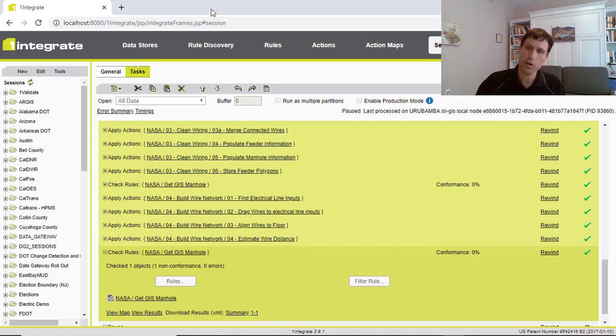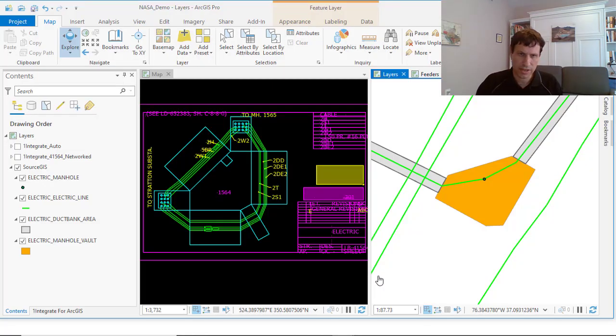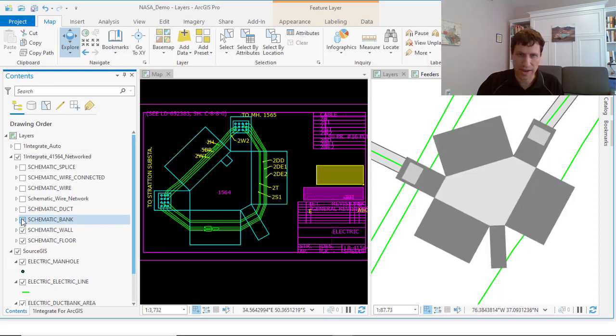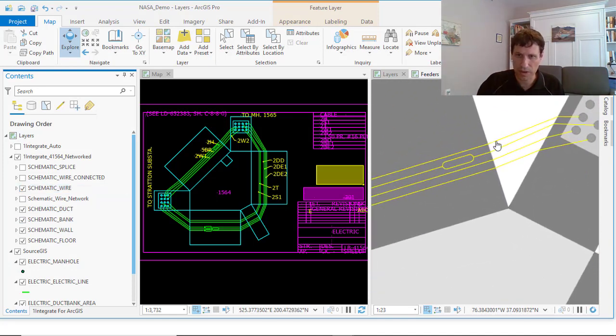So let's go back to the GIS application, and let's see what we did inside the GIS application. So we're moving back to ArcGIS Pro, and just so we can see what we actually did here, let's go ahead and turn on those layers. So we brought in the floor, as I mentioned before. We have the walls, we have the banks, we have the ducts, we have the schematic wiring. And as I mentioned before, if we zoom in a little bit and we look at these individual wires, right now these wires